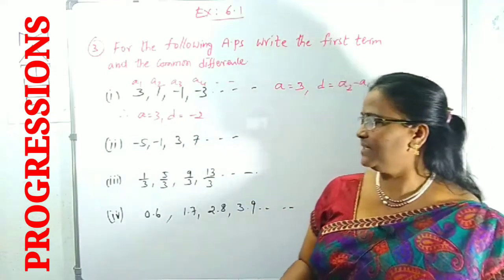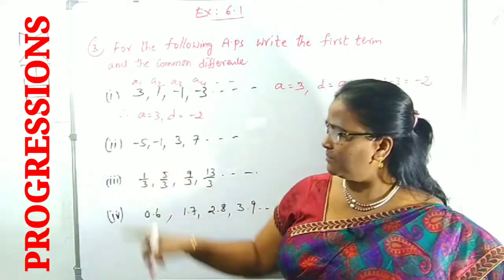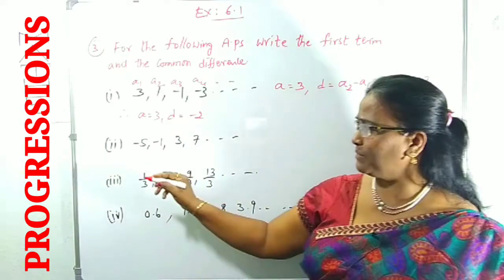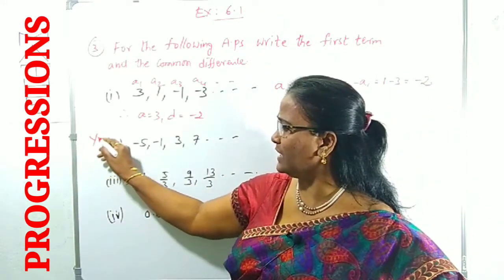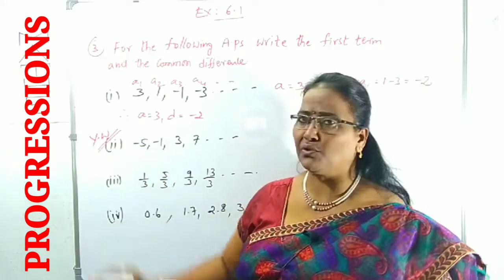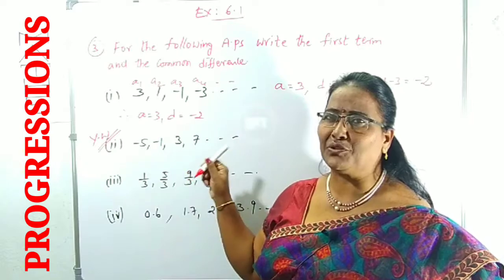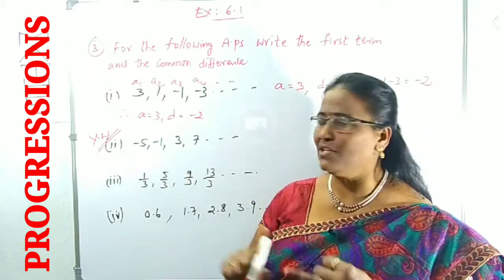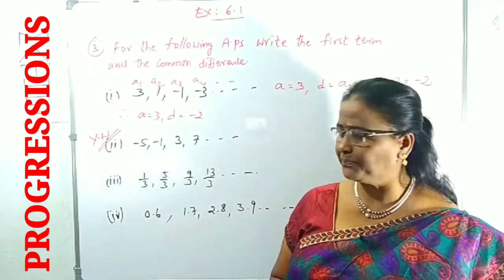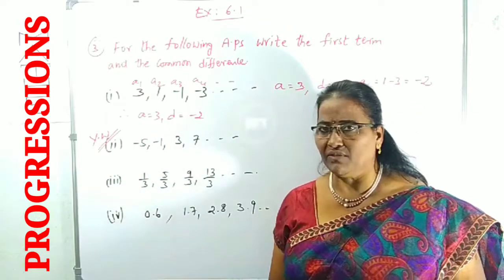Clear? Right. Now the second bit, I am giving this for your work. YW means your work. You can do it and put your result in the comment section, what you got. Simply write what A is and what D is in the comment section. Clear? Now the third bit.